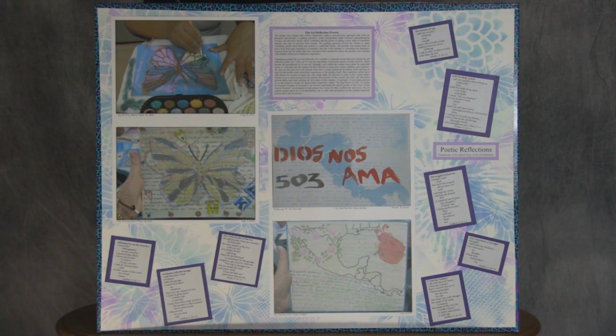So now that we've heard some of the stories that are shared on this art installation by the mothers, look at these two images. Both of these were in response to the reflection theme, My Journey from There to Here. The top one was done on July 13th, 2016, and then the bottom one was created on September 9th, 2015. And what's interesting is the symbol of the butterfly, the mariposa, was a powerful symbol for the women and consistently